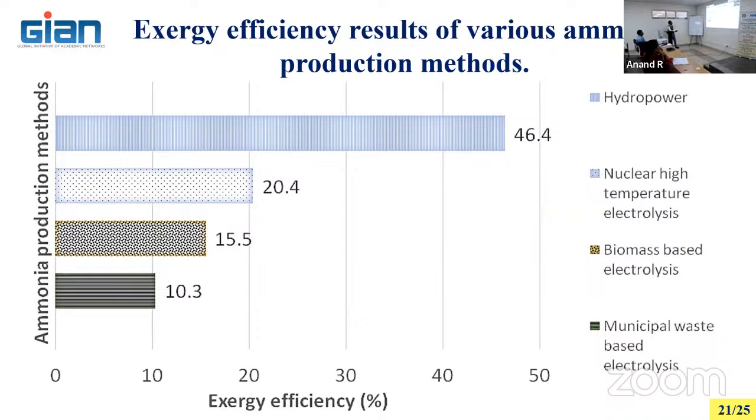So we need to use some kind of method in which improvements are possible, because during the process a lot of wastage comes out. You can send it back to the system and improve the efficiency. Other than providing the energy in the form of work, mechanical energy, or electricity, you can also provide energy in the form of heat to boost the energy efficiency, which can increase the ammonia yield, I can say, to 5.